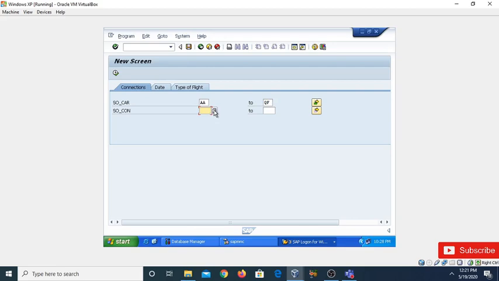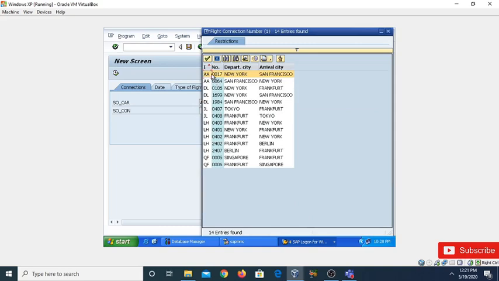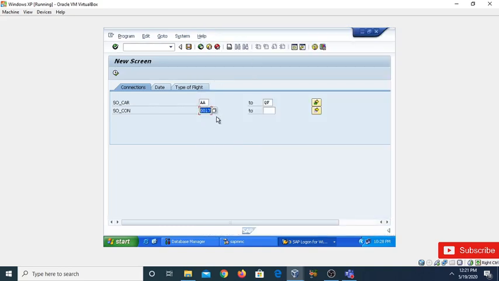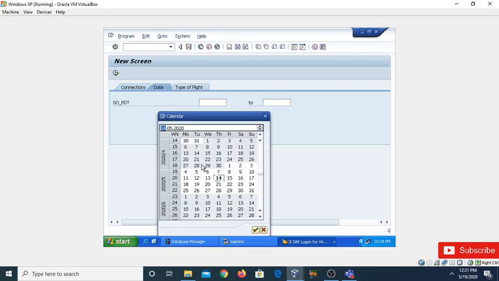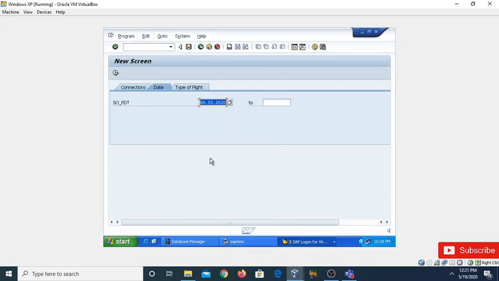This is the input help. Now I have selected the connection number 0017 and then go to the date, the database date. There is a date which is 6th of May 120, and then we can select either national flight or all flights, then connection, and then execute.